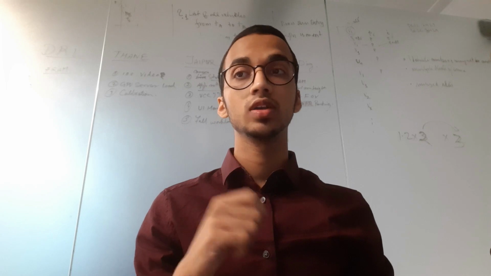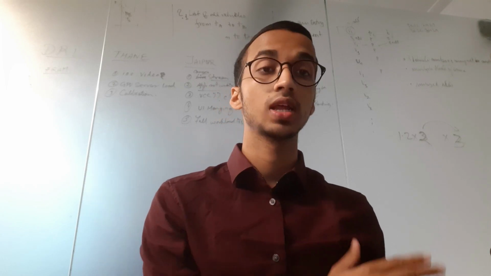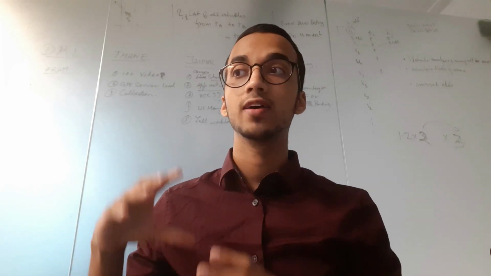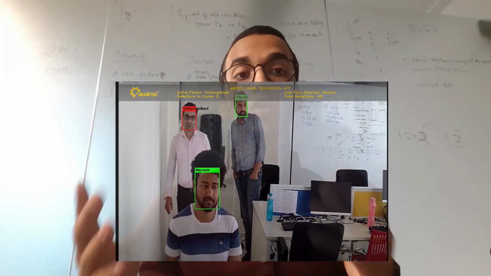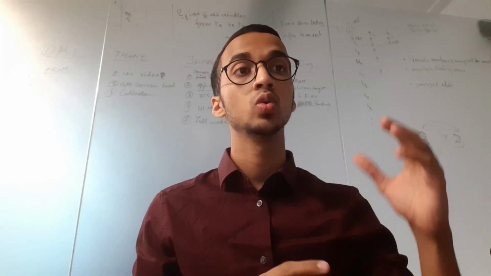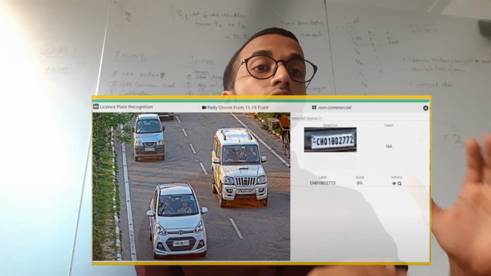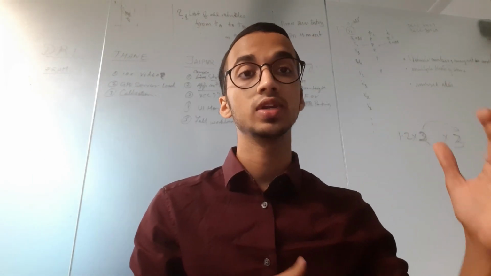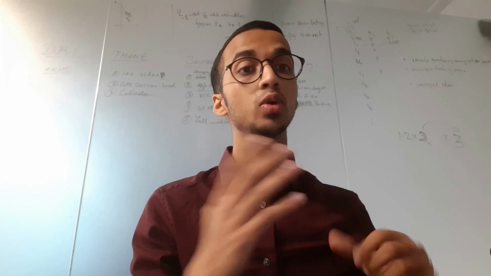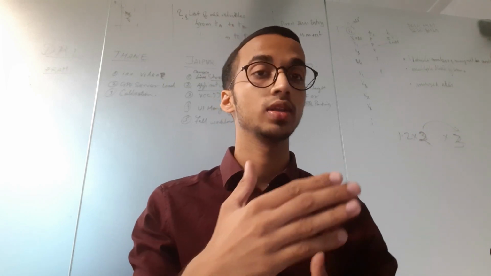So let's say you're someone who wants a computer vision application. Let's say you want to install face recognition software in your office. Or let's say you want to detect the number of cars or the number of bicycles on any given street using a camera. That's a computer vision application. So how do you go about doing that?